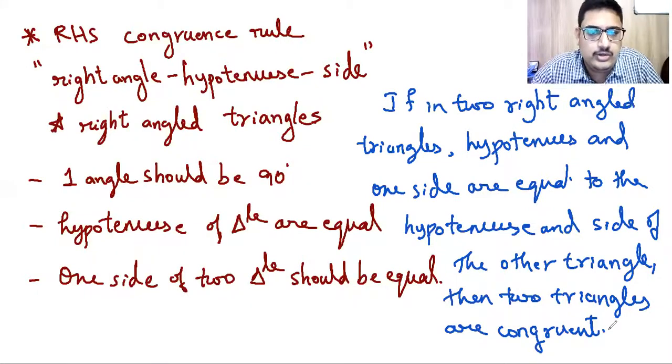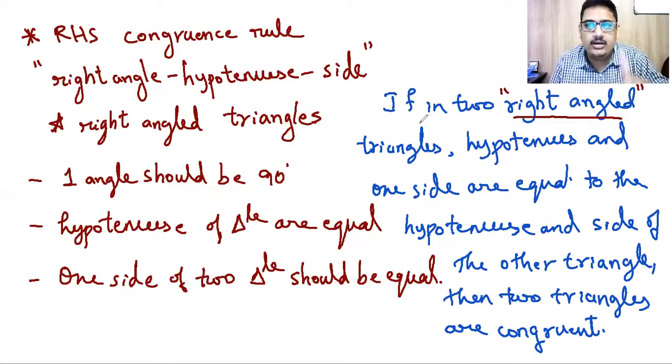Sir, 90 degree also we should write in the statement. That has come in the statement, Siddhant. Where has it come? In right angled triangles. The meaning of right angled triangles is itself that the angle is 90 degrees. And what is hypotenuse? Hypotenuse is the side opposite to 90 degrees. It is a name given to the side which is opposite to 90 degrees. So it is automatically implied in the statement itself that 90 degree is the must of this rule. Okay, fine. Yes. So I hope this is clear.